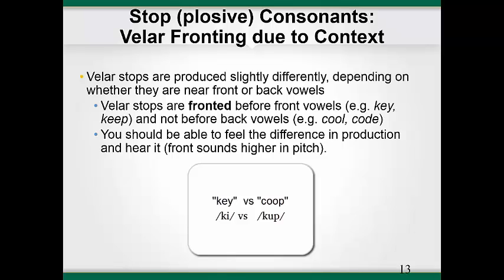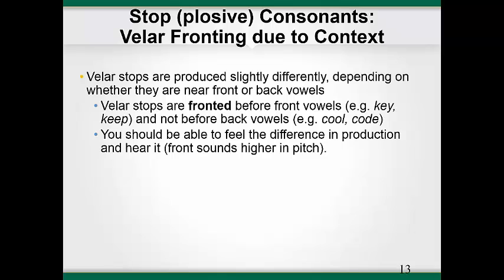For the word key, the tongue constriction is a little further forward or fronted towards the hard palate, and your lips are probably spread in anticipation of the upcoming E vowel. For the word coop, the tongue constriction is more towards the velum, but your lips are probably rounded in anticipation of the U vowel. These small differences make the quality of the sound and the release of the stop quite different. K, k. For now, we will transcribe the two versions of this consonant the same because they are allophones